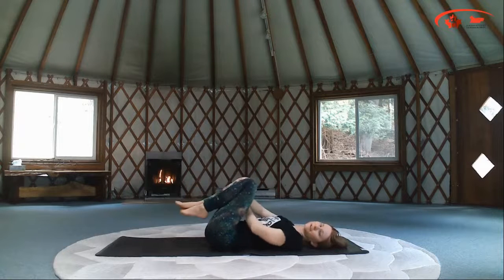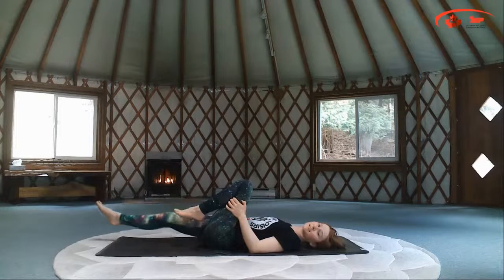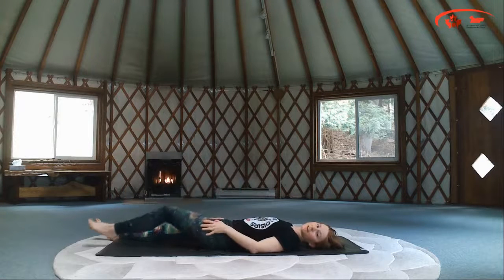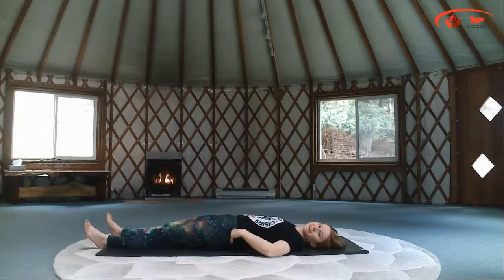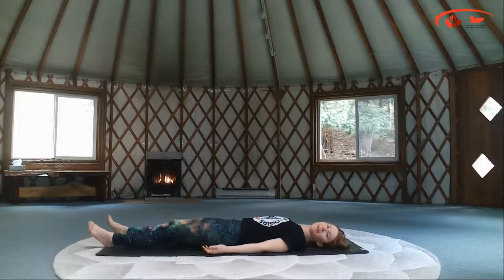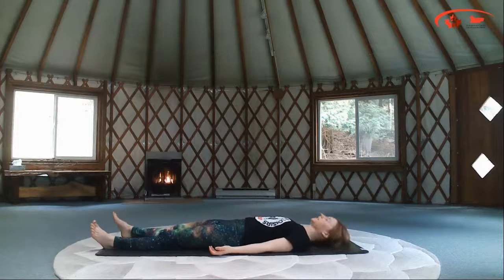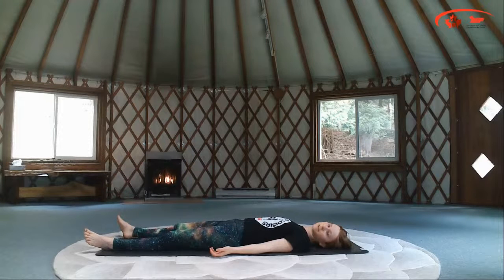Very slowly, we will extend both legs out, down on the mat, in preparation for Shavasana. So if you need a blanket or if you have an eye pillow that you like to use, you can go get those. Otherwise, just